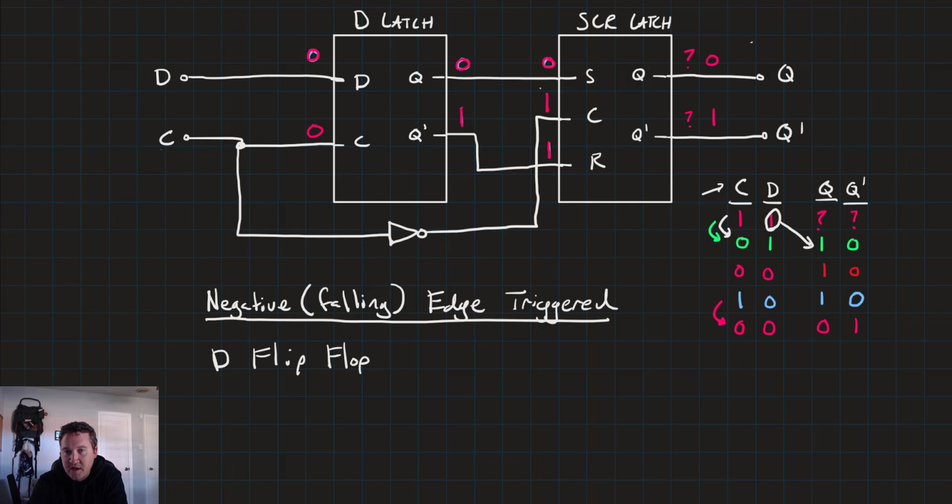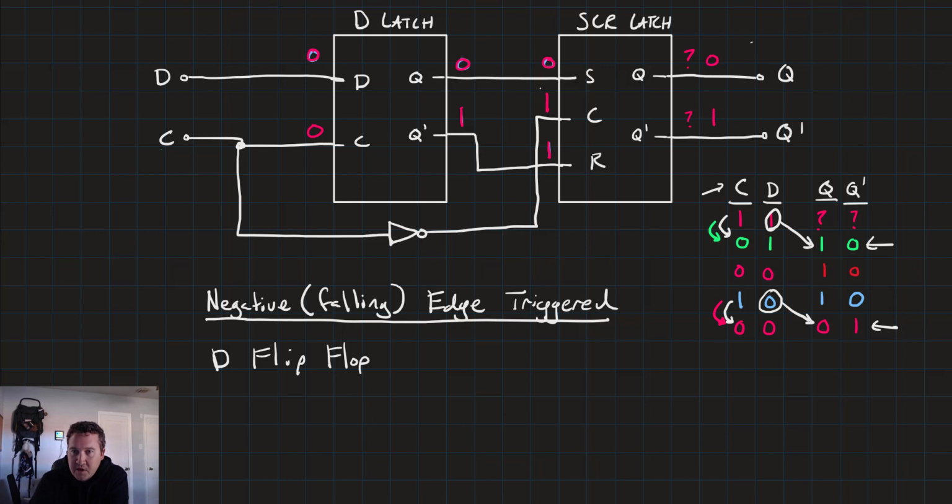So at this falling edge from 1 to 0, the 1 at D went to Q. On this second time it happened, the falling edge of C, the value that was in D went to Q, and obviously the Q naught stays as the inverse